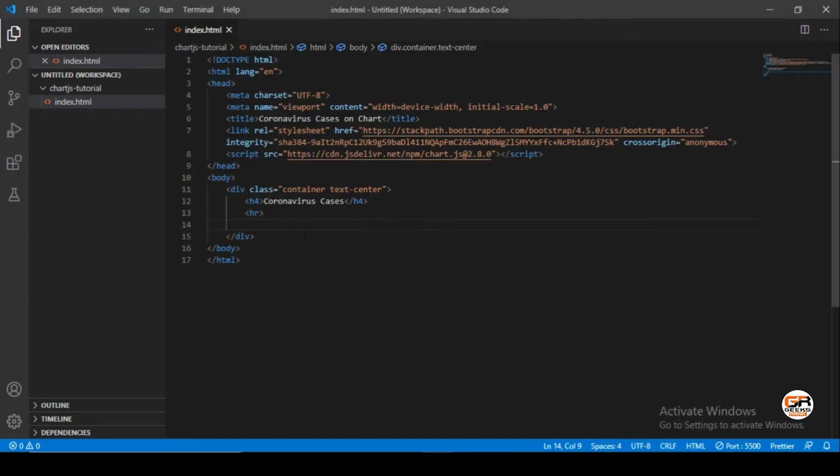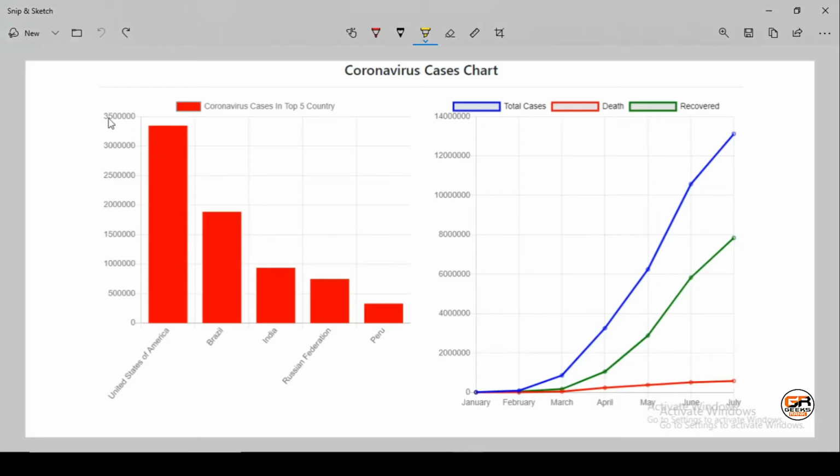Here, we create an element, a canvas tag, and put the ID for that. We will create this project first. For that we will use a bar chart.